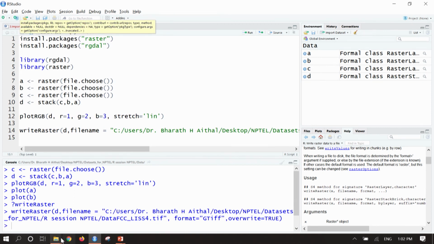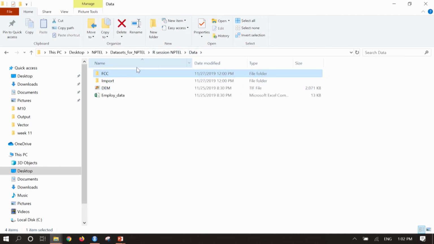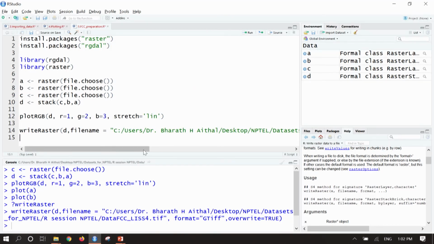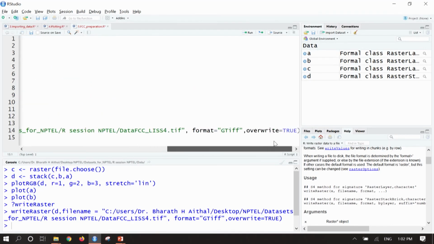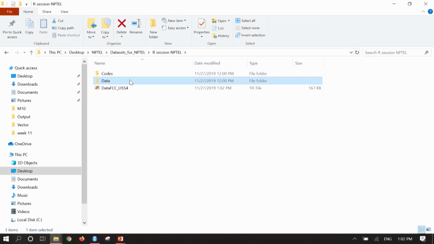Now let us go and inspect whether the file is there or not. It should be under data. Okay, it's the R session NPTEL folder, and here it is. The file has come up here.